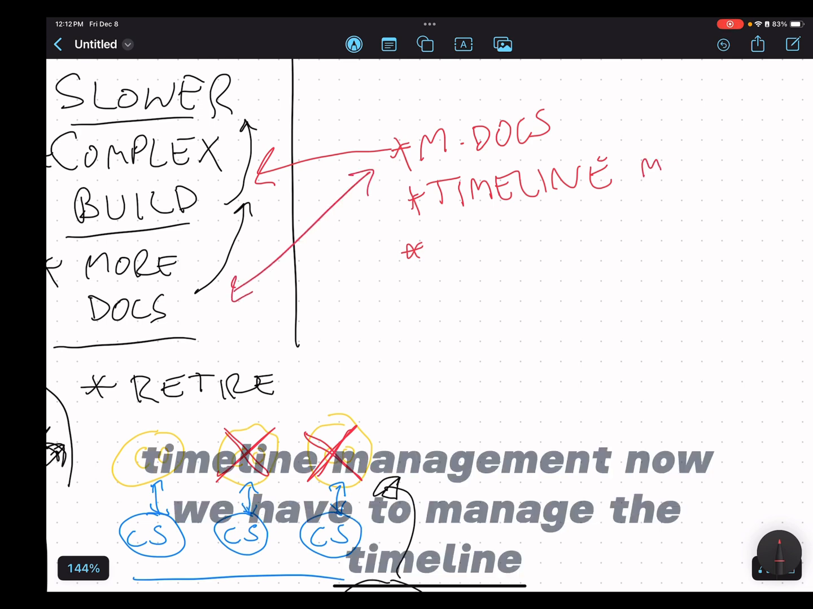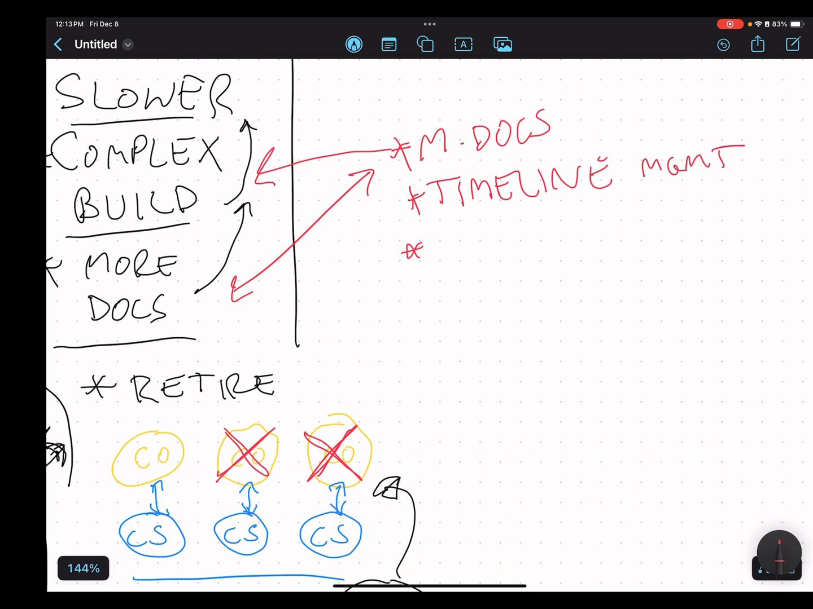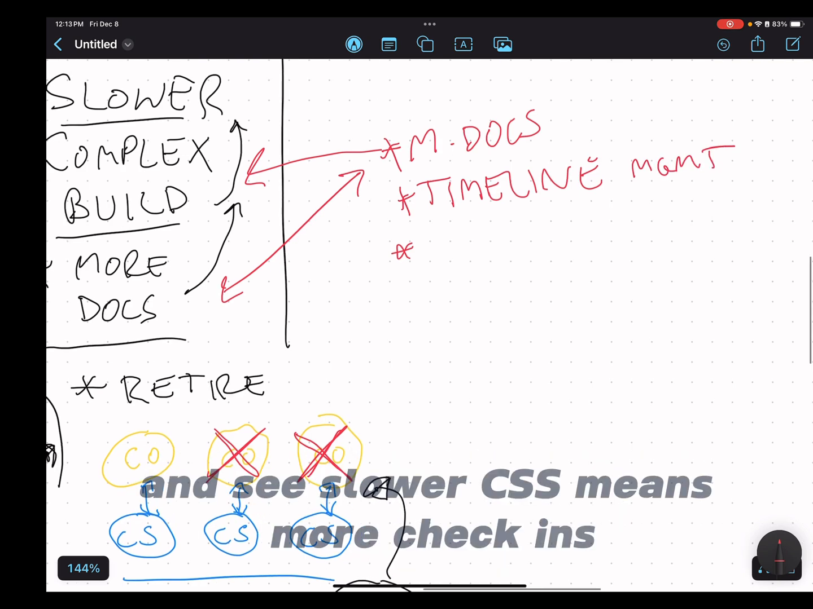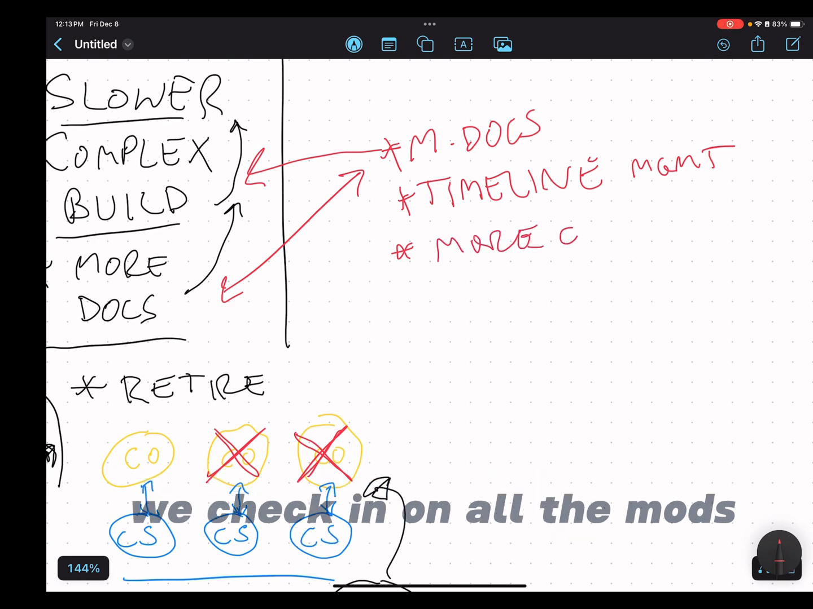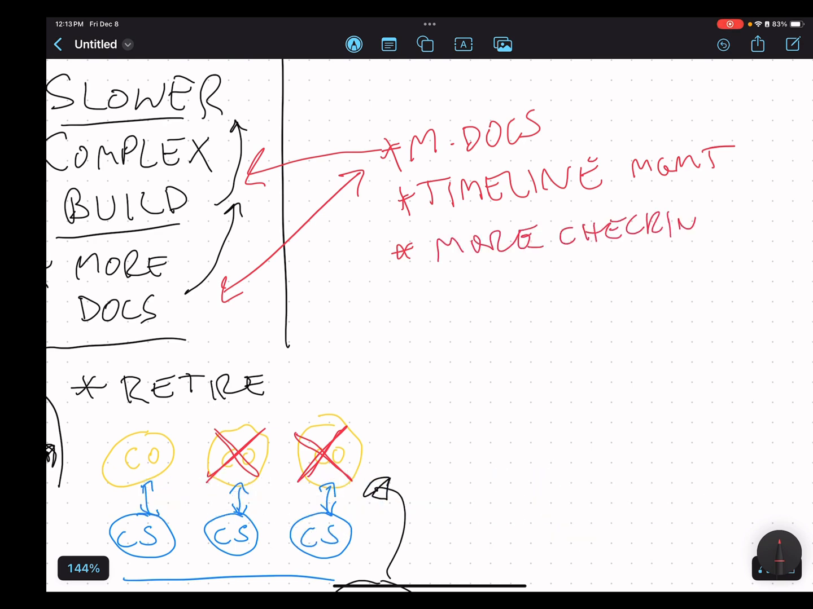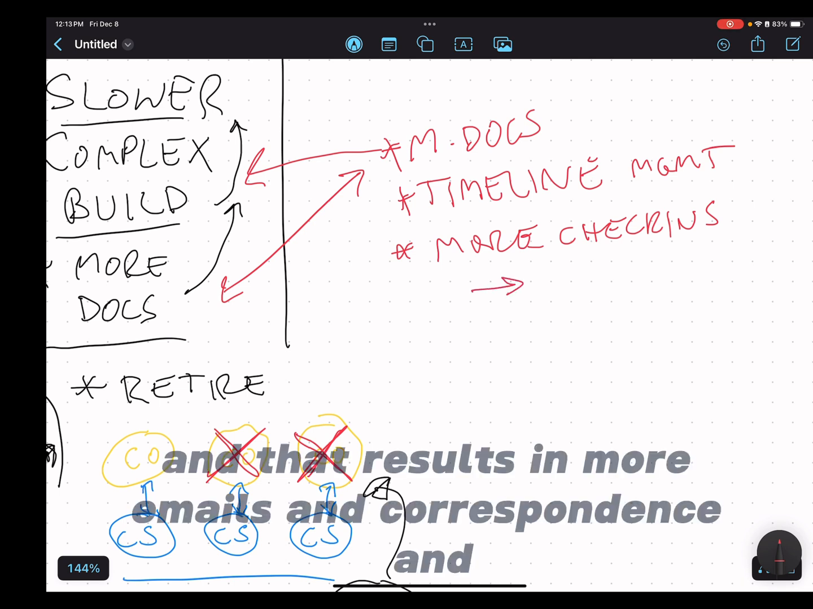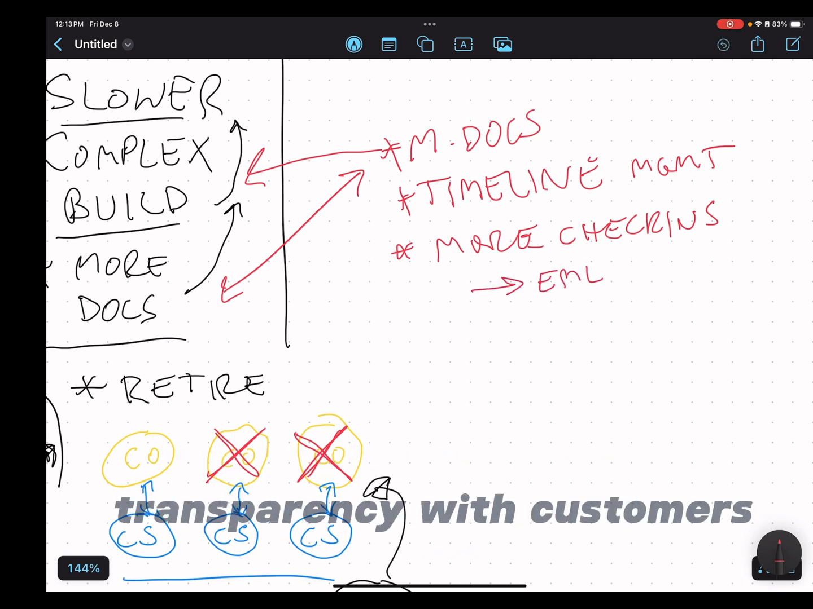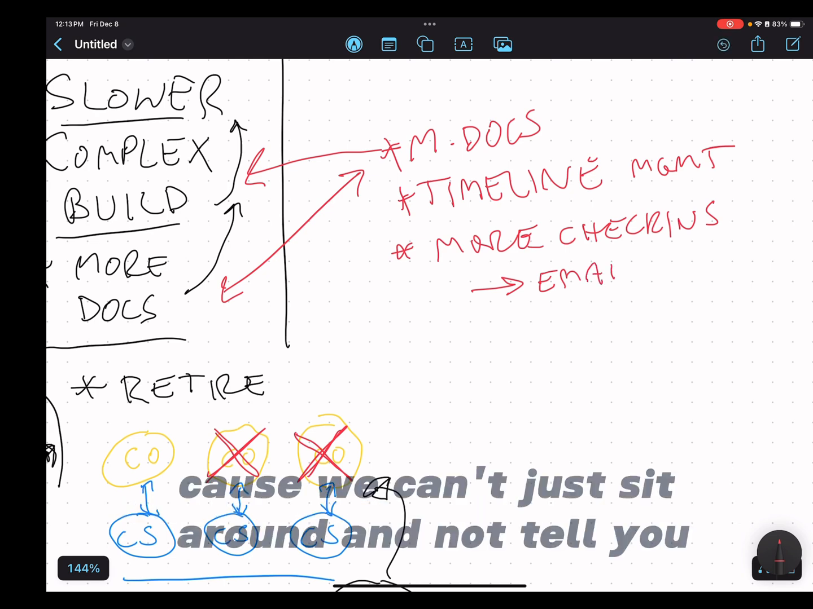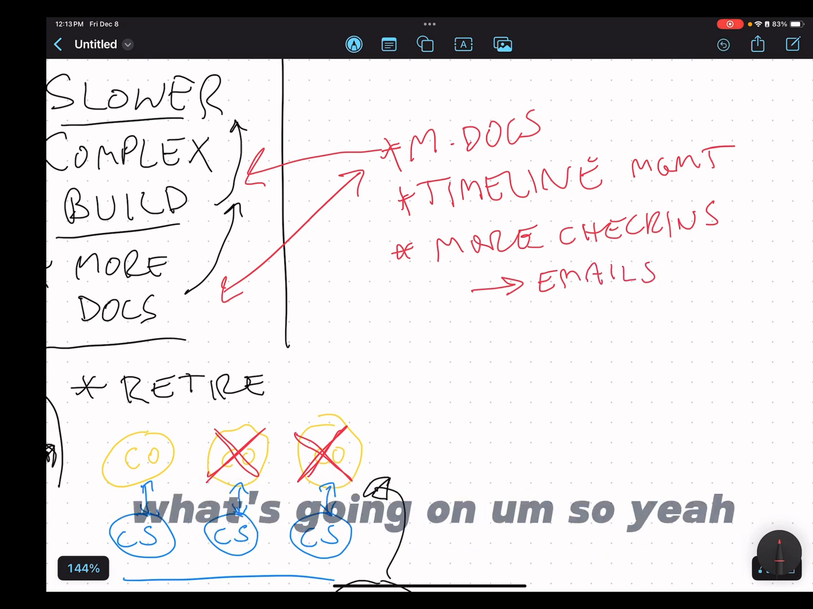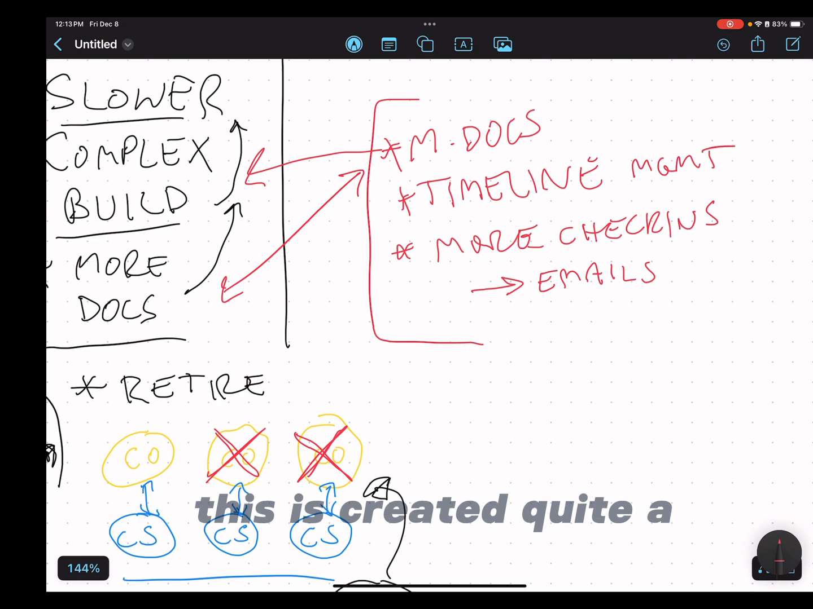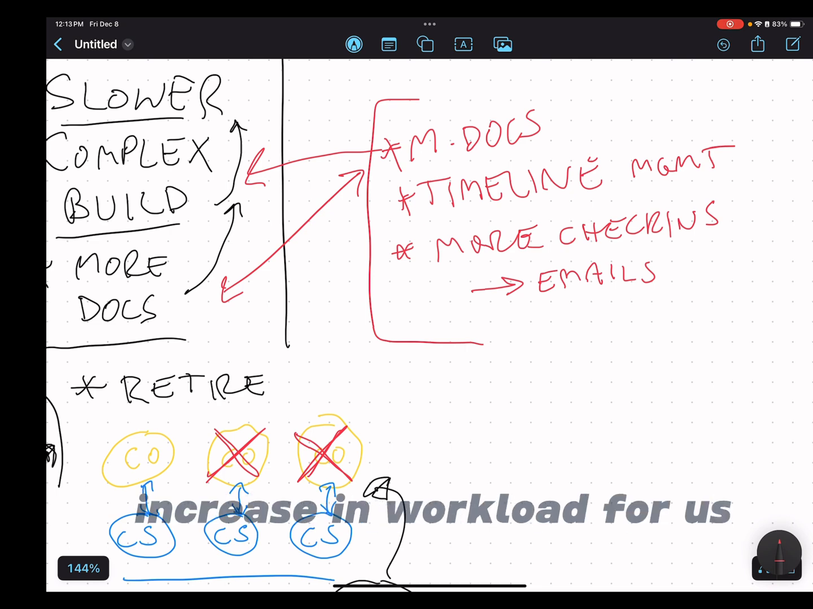Now we have to manage the timeline, and slower CSs means more check-ins. We check in on all the mods, and that results in more emails and correspondence and transparency with customers, because we can't just sit around and not tell you what's going on. So yeah, this has created quite an increase in workload for us, and as a result, we've had to change